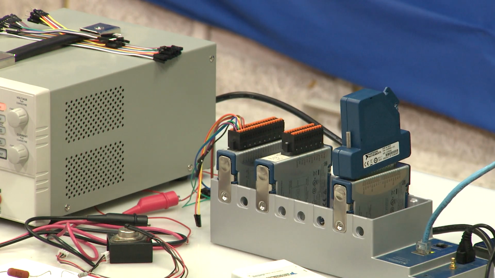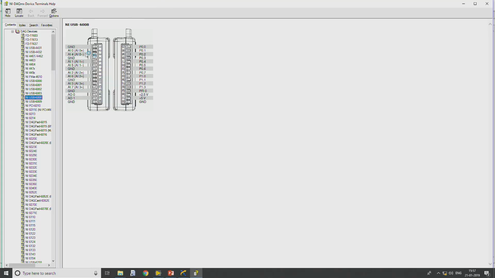Now, when we look into the pinouts of this particular device, we can see the pinout configuration of the complete device. The first terminal is ground, and it contains a total of 8 analog channels. Out of 8, 4 channels can be used as differential input, or they can be used as single-ended input.